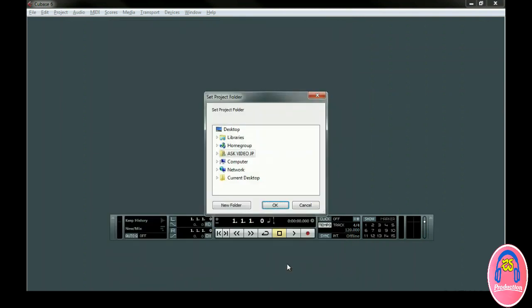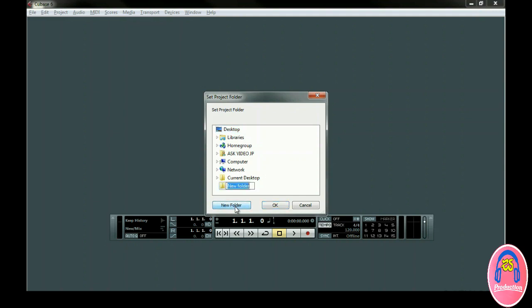Choose a location on the hard drive where your new project folder will be stored. For every project you create, you need to store it in a different folder. Make sure you are not storing all of your projects in the same folder. This will only lead to confusion and frustration later. Don't forget to see our video on managing audio on this DVD, just in case you store all of your projects in one folder. I'm going to store it on the desktop for now, but this is only a temporary